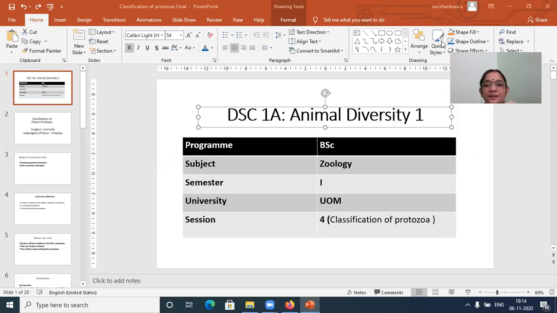Dear students, in this session 4, we will study how to classify the phylum Protozoa. Classification, as you have studied, is grouping based on certain common characteristic features. Before going to the classification, we will